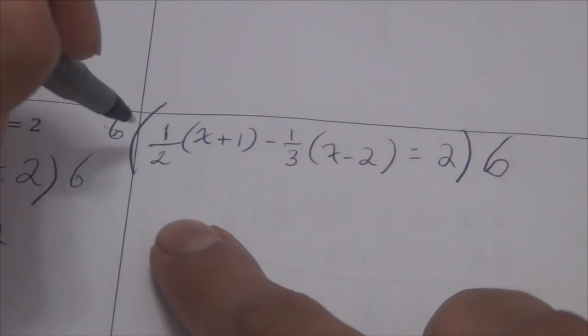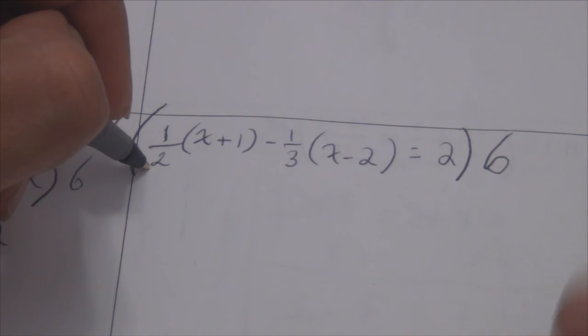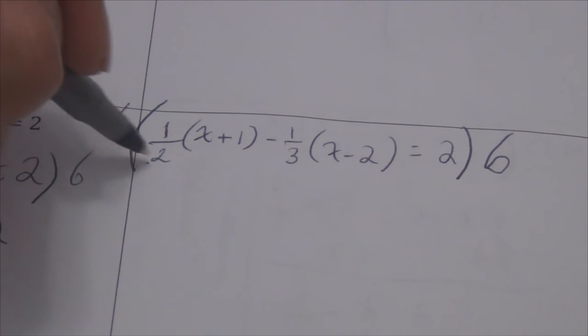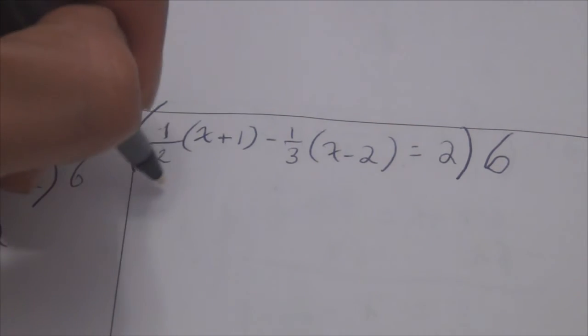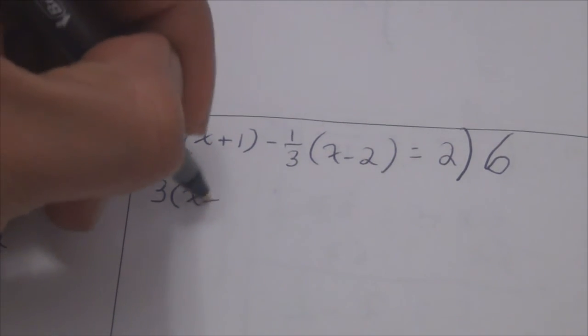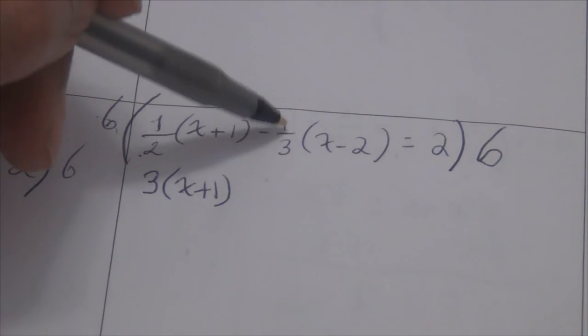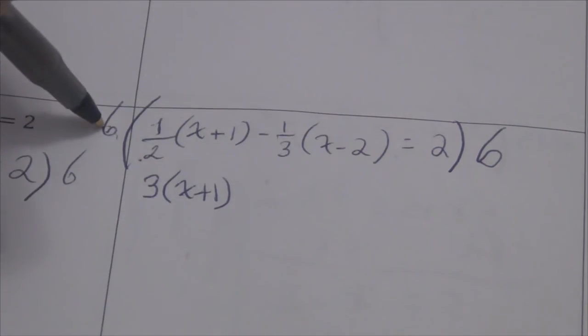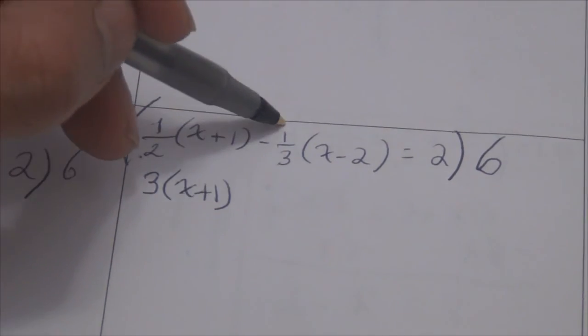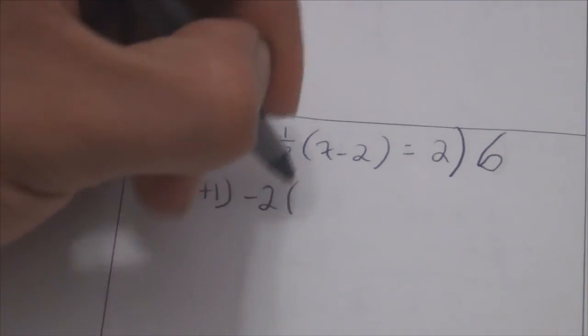So let's see. 6 divided by 2 is 3, times 1 is 3. So I'm gonna end up with 3 times x plus 1. Hopefully it makes sense. And then this one, there was another distributive property here. So 6 divided by 3 is 2, times 1, 2. So this was gonna turn into,